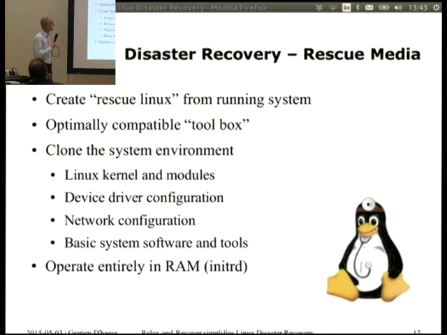The rescue media, if it's an ISO image or a USB disk, doesn't matter. It contains all the executables that it needs to recreate your file systems and to make your system bootable. And even if you have an integration with an external backup solution, all the executables that the client needs to communicate with the backup server are also included. So the integration of the remote backup software is there. And of course, everything that the kernel needs, the device drivers, the network configuration, everything is there.